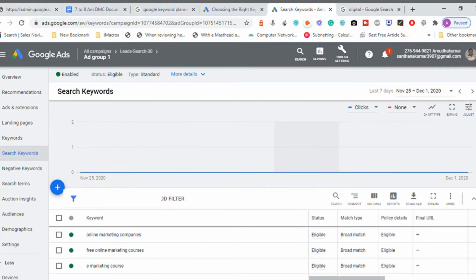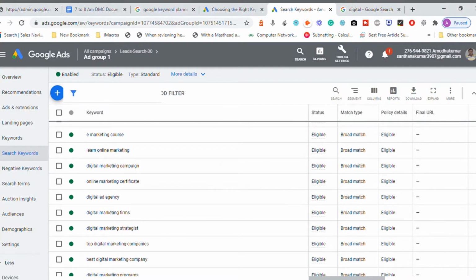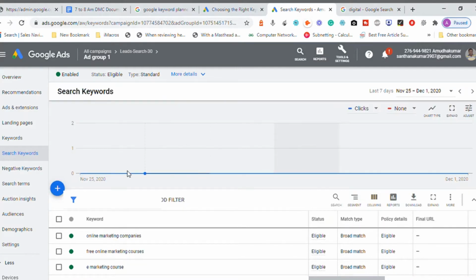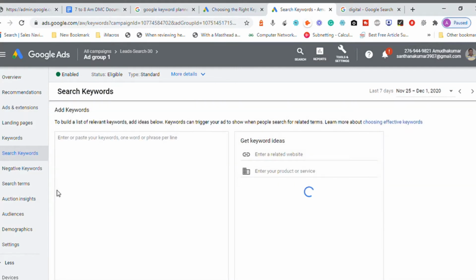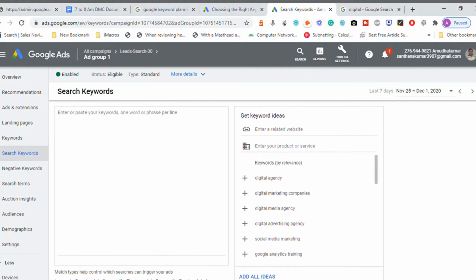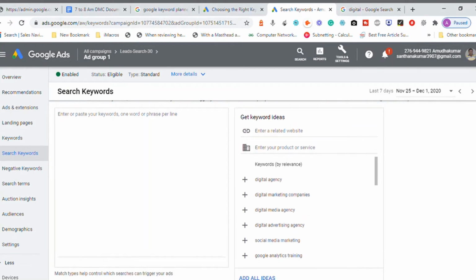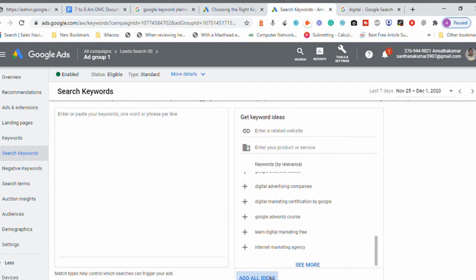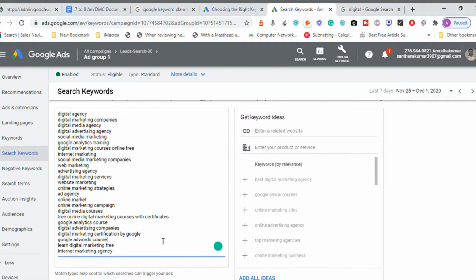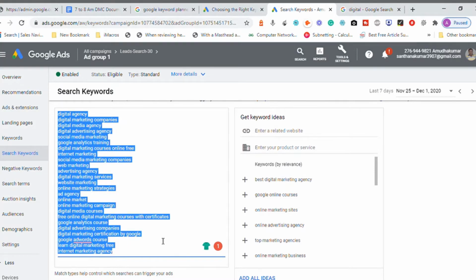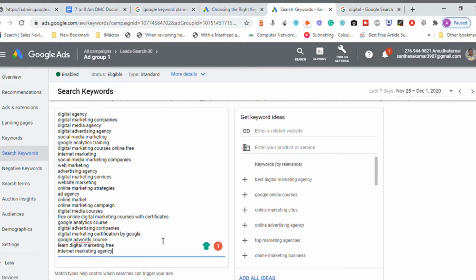This has lots of keywords related to broad match. I can click on the add button. Several keywords are already added, and I am going to add all of these keywords. By simply adding them, these are all broad match keywords, because I did not apply any condition, I simply entered the keyword.